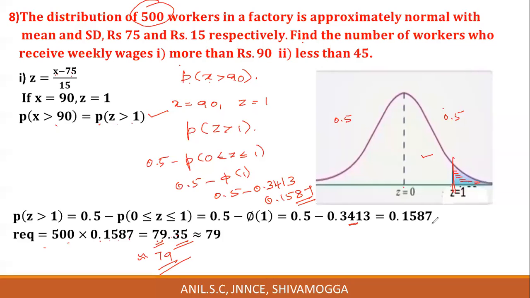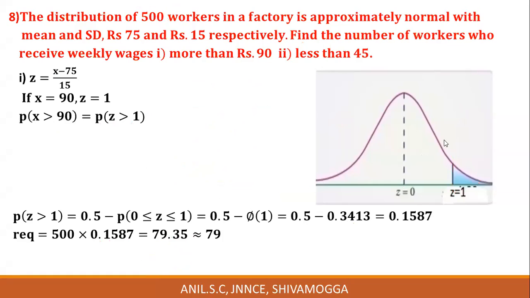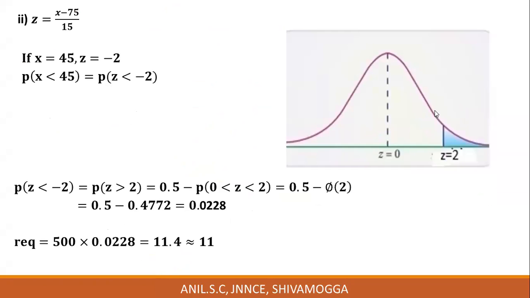Next, you do second case. Less than 45. Phi of 2 is 0.4772. Using that,